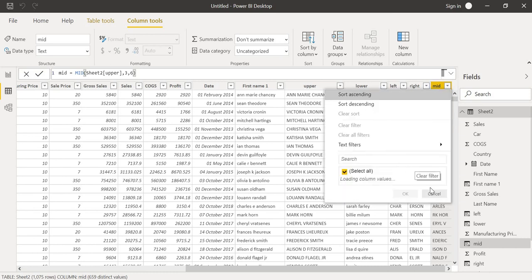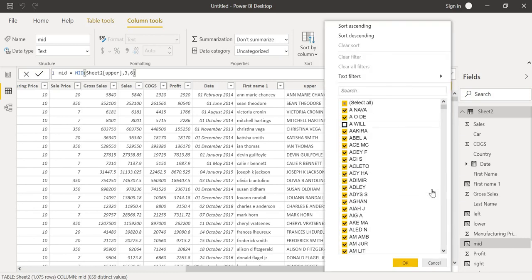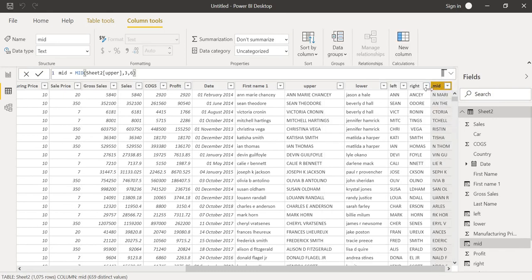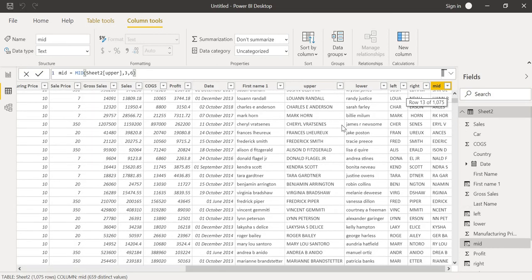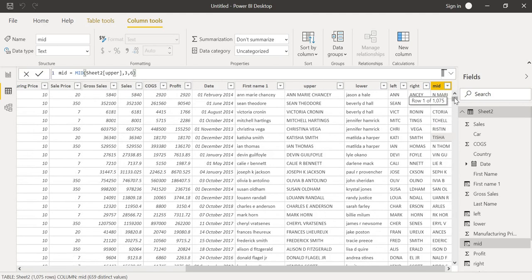Here again you can see the third to sixth characters. 1, 2, 3, 4, 5, 6, 6 is there. Here also 6 is there. Here also 6 is there. 3 to 6 characters here also. You can select this type also. If you want middle characters, you can select 1 to 5, 1 to 6, 1 to 7 also. If you want the first characters, you enter left, and you can take how many characters you want.